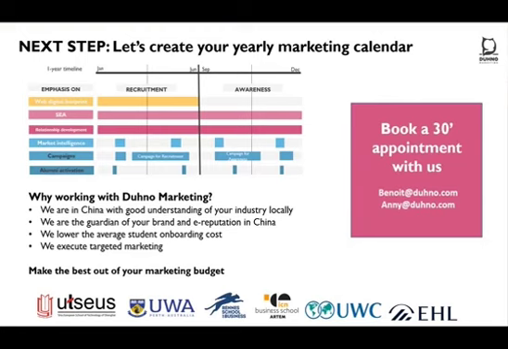Usually the way we engage with a client is really to discuss the marketing calendar with you, in order to understand what your typical calendar is, what different actions you have put in place over the years, or whether you would like to start to recruit some Chinese students. We have different levels of readiness for the Chinese market based on the different schools. So here is an offer to engage on a 30-minute call to discuss your specific needs based on what we have presented today.